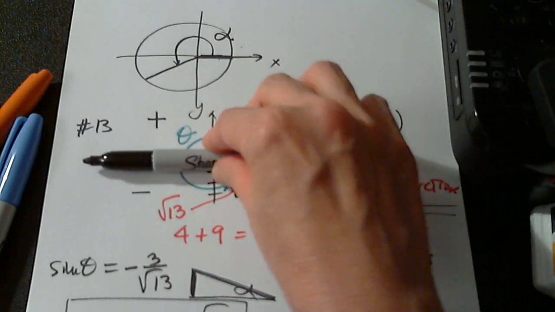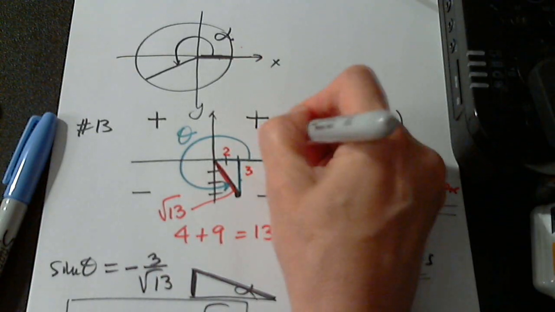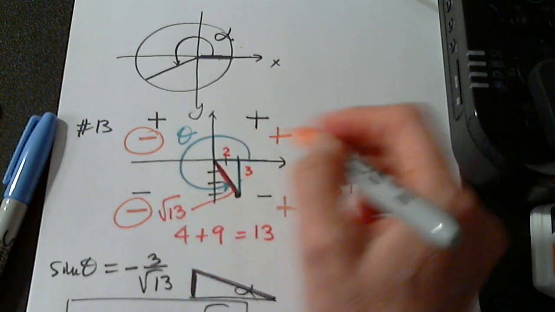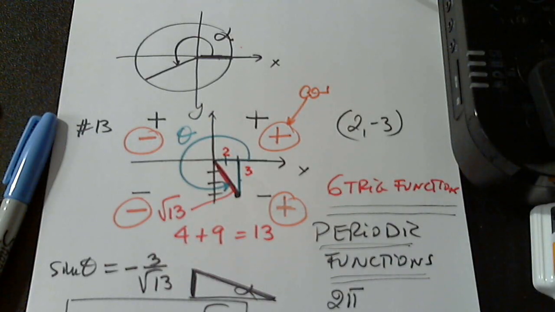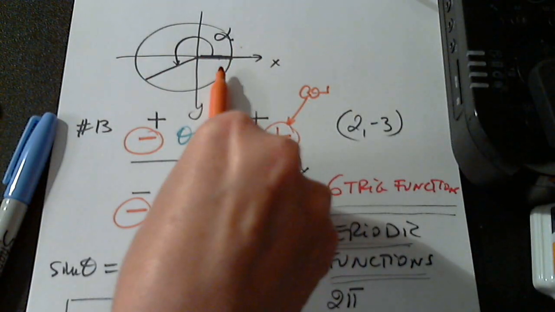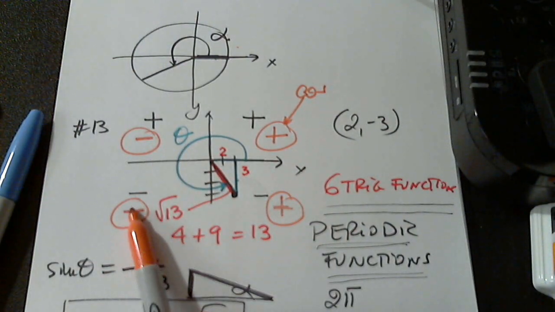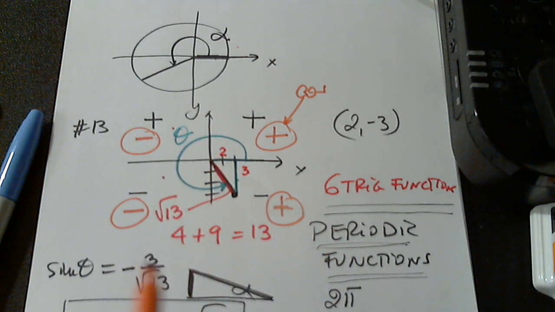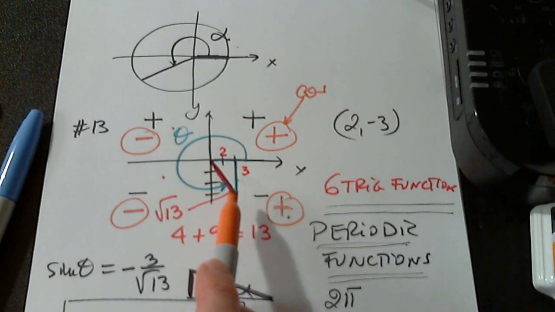Cosine is measured on the x-axis. This side, I'm going to use a different color for cosine. So these are the signs for cosine. I'm going to circle them for the cosine. So it's measured on the x-axis. This piece plus plus, this piece minus minus. If the terminal side ends in the second or the third, the cosine will have a negative value. But in this case, cosine will have a positive value because the terminal side is in the fourth quadrant,